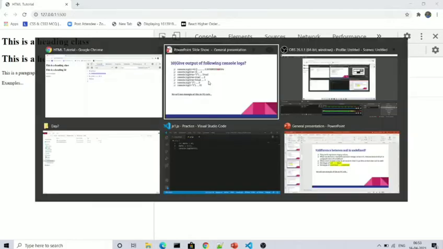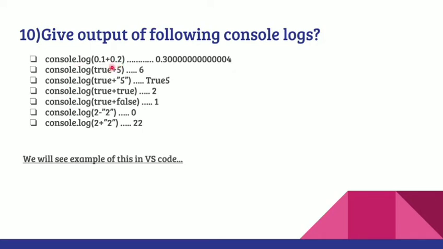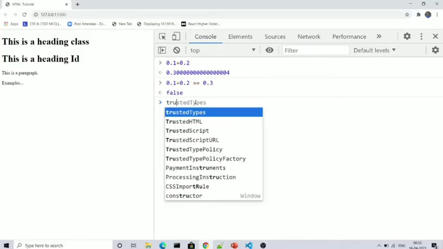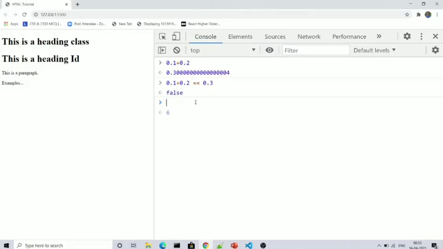Okay. Now we will move to our next question. What will be the output of true plus 5 as a number, then as a string, and then true plus true and true plus false? Each and every one we will see now. True plus 5 first of all. If I write true plus 5, the output is 6. Why? Because when we are using the addition operator, a boolean cannot be added to a string, a situation must have occurred for JavaScript. So what it did, it converted that boolean to a number first and performed the addition operation.